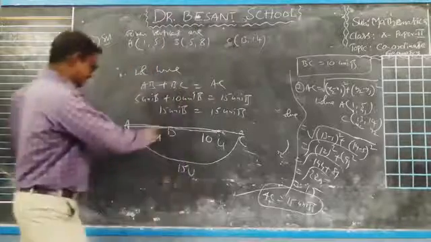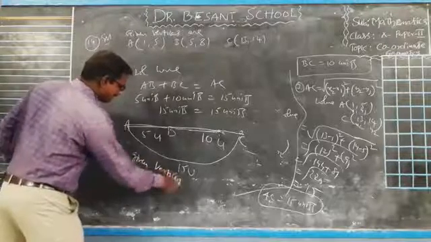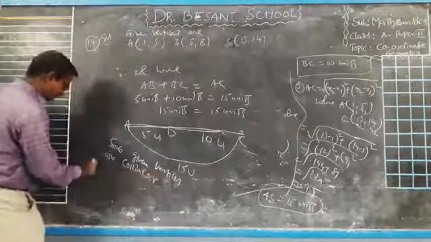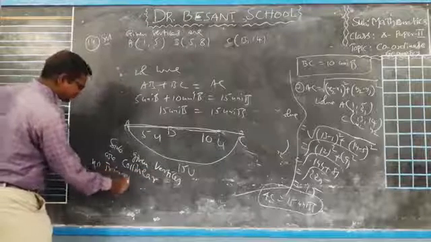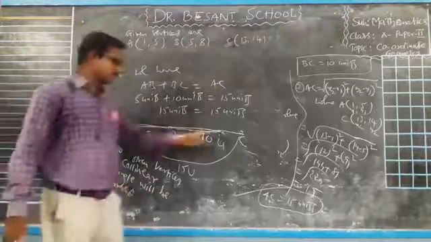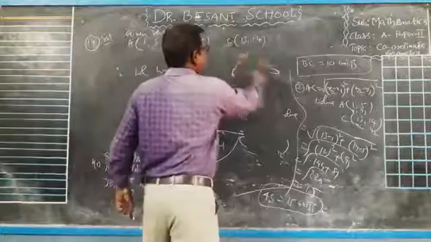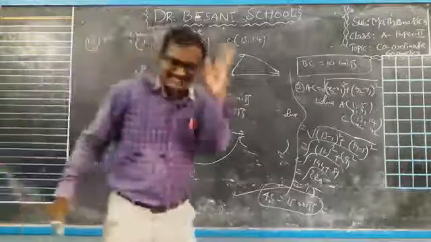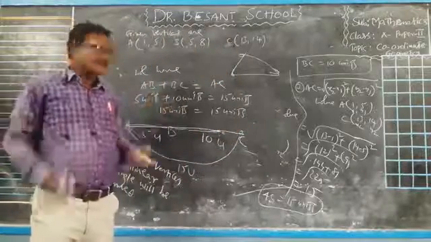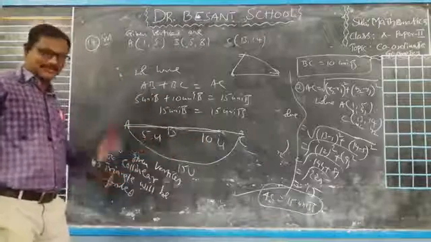That conclusion we write. After this, since the given vertices are collinear, no triangle will be formed with the vertices. Whenever all the 3 points are lying on the same straight line, how can you draw a triangle? These are the non-collinear points. With only non-collinear points, we can construct a triangle. With collinear points, lying on the same straight line, how can you construct a triangle? Hence, the given points are collinear, lying on the same straight line, so we cannot construct a triangle. No triangle will be formed.